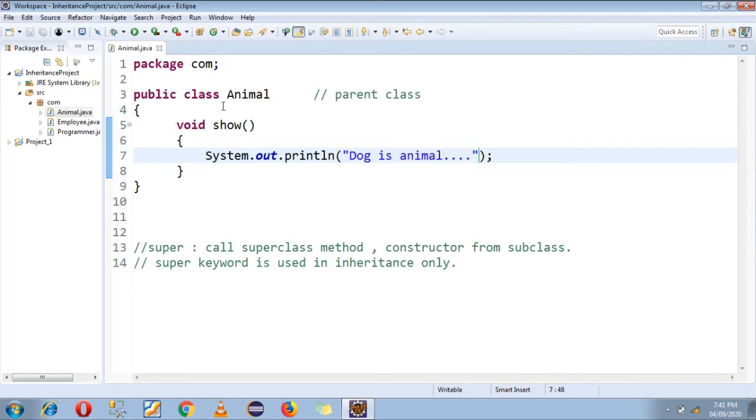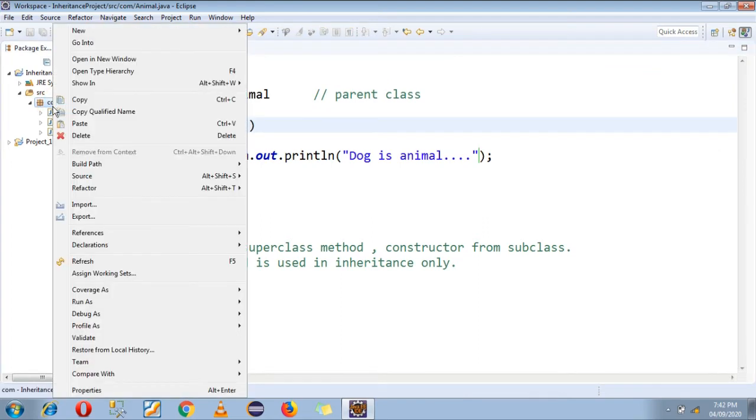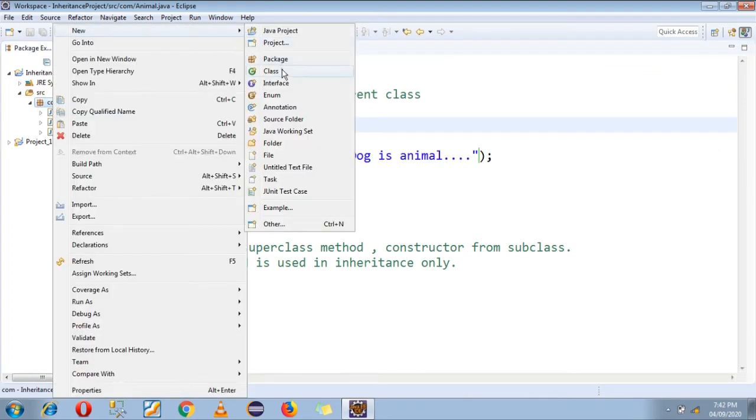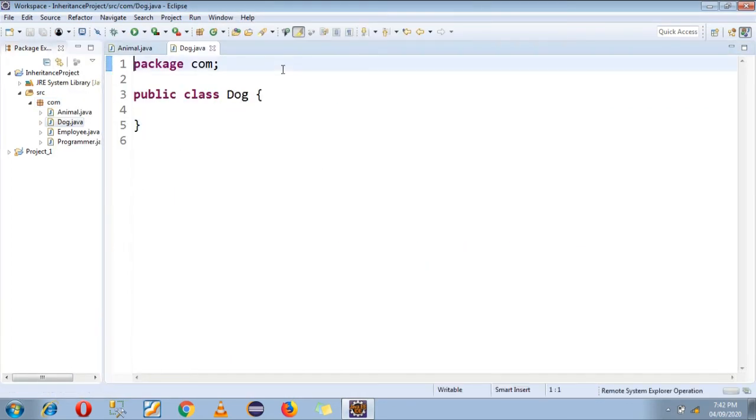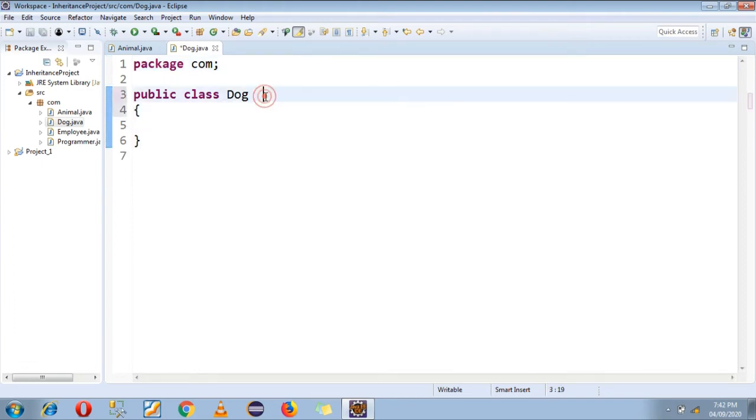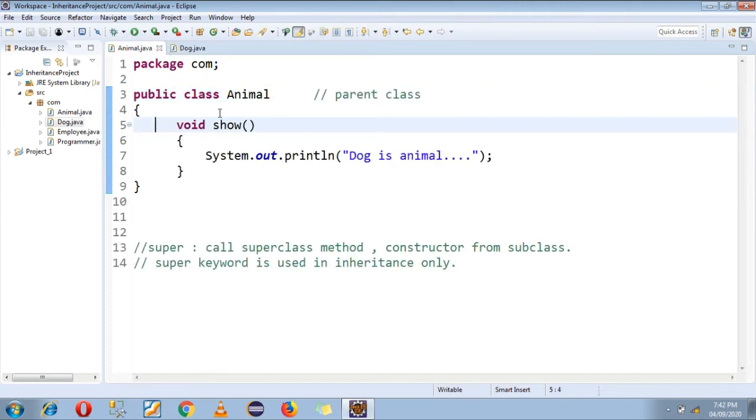Now I am creating my child class. Suppose I am creating the Dog child class. What you have to do is extend your parent class into the child class using the extends keyword like this. Now because of this extends keyword, your parent class properties come into your child class.